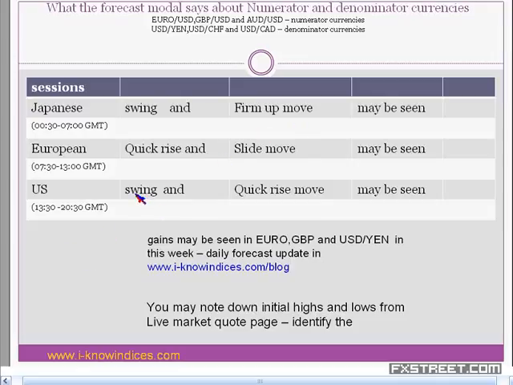But in the US session, they are expected to make a quick rise. So this is how either you do a buy and sell trade or a sell and buy trade. There is no guarantee that they will make the move as per the market sentiments, and they can pretend as if the market is moving as per the market sentiment and suddenly reverse. That is the game plan. And always they try to give the unexpected. So as objective traders, we always anticipate the unexpected and try to use the hedging order to limit the risk. There is no other goal.